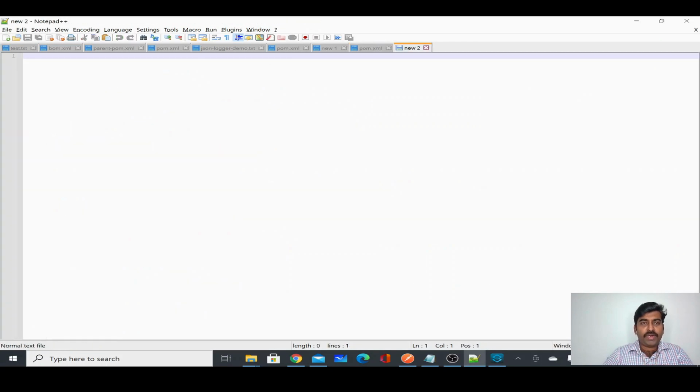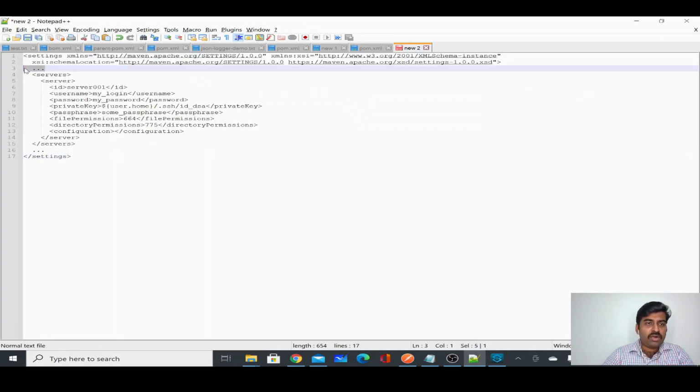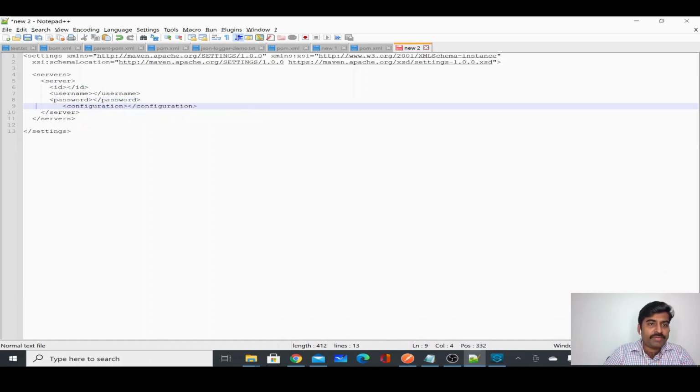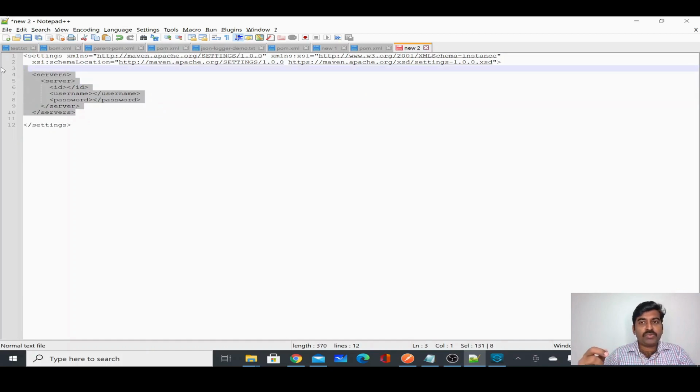Put it into your notepad and remove the sample dots. In the server detail, we have to give our Anypoint platform reference ID, our username and password, and remove whatever is not required. This is the server detail where we specify our Anypoint platform credentials.